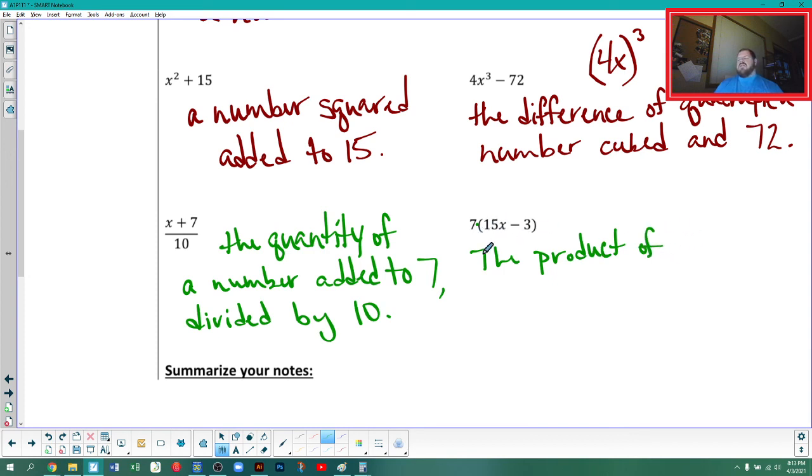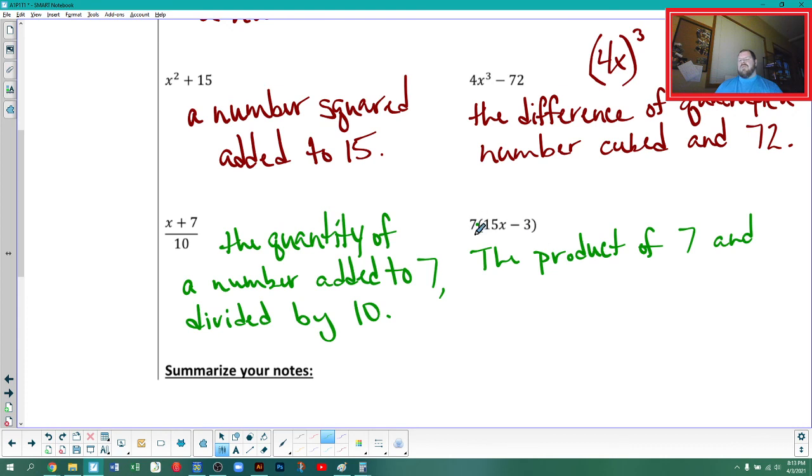And now I don't want to say the product of again. So I am going to go a little bit quicker and just go with 15 times a number. Sorry, back up. The product of 7 and